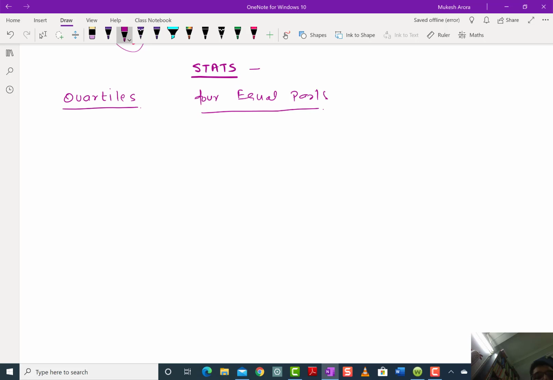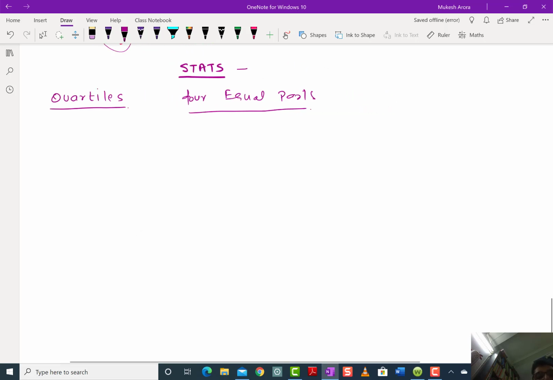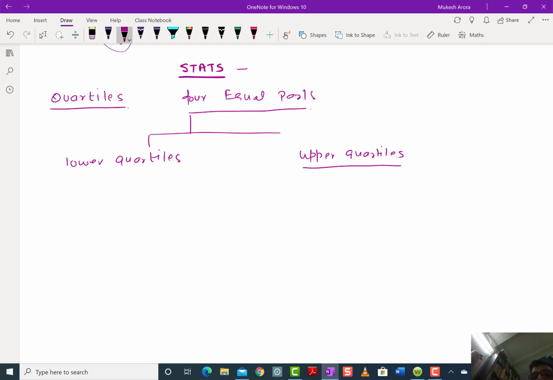So there are two types of quartiles. First is the lower quartile and this is the upper quartile. Lower quartile means